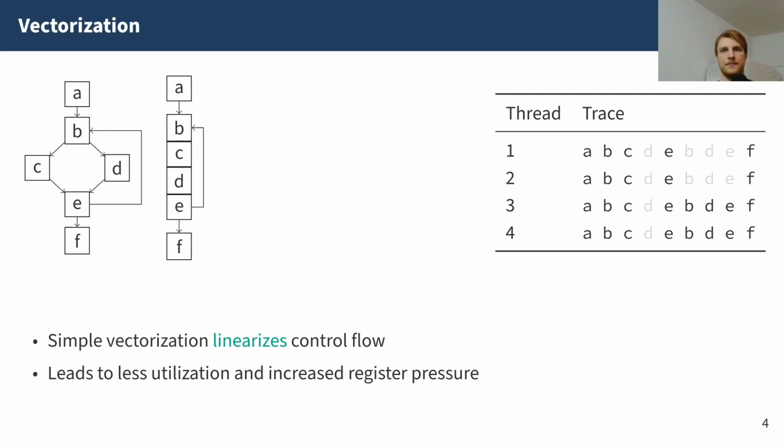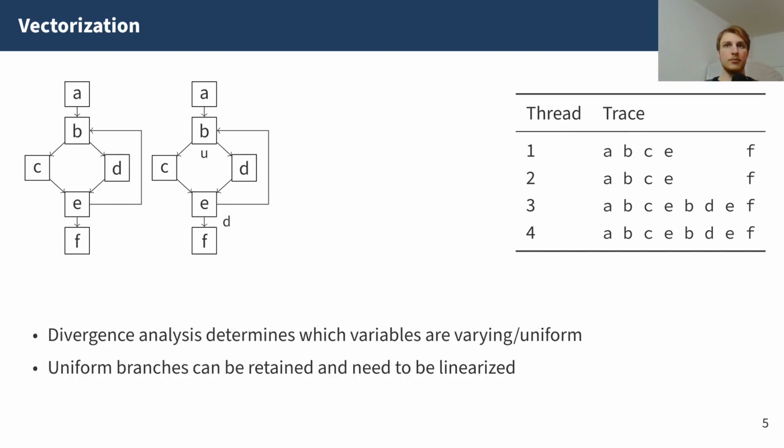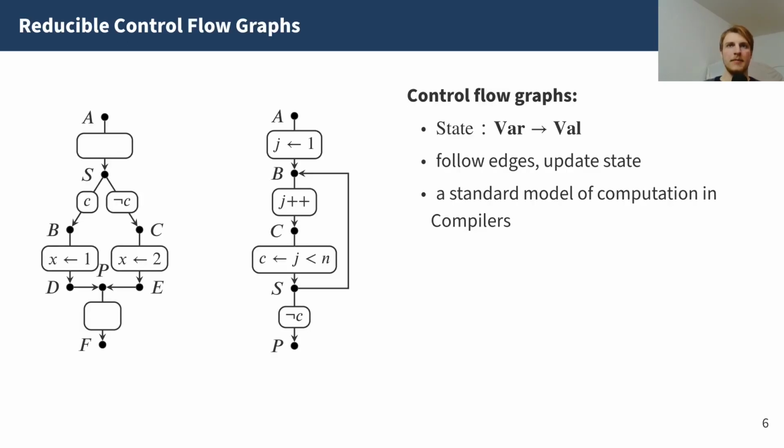To avoid this overhead, good SPMD compilers do a uniformity analysis to determine which variables are uniform. If B is proven uniform by a uniformity analysis, the compiler may retain the control flow branches, prevent linearization, and reduce the amount of masking code. In total, this increases the efficiency. One main goal of our analysis is practicability.